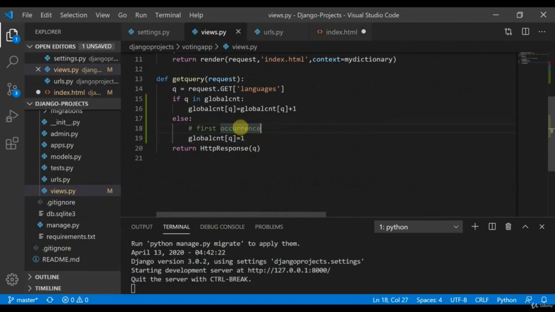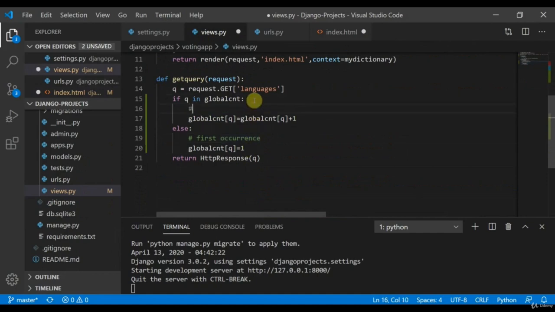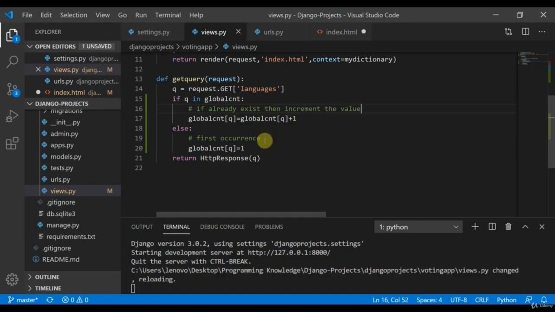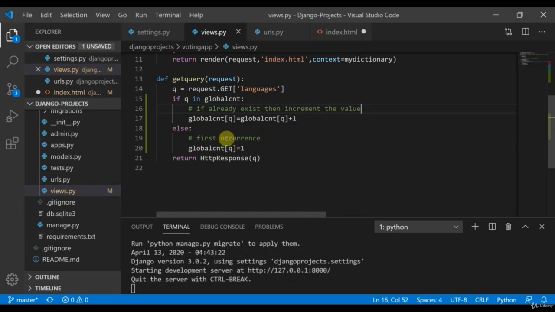So here you know that we are working for the first occurrence, and if it already exists, then increment the value. Okay, and this was the first occurrence.